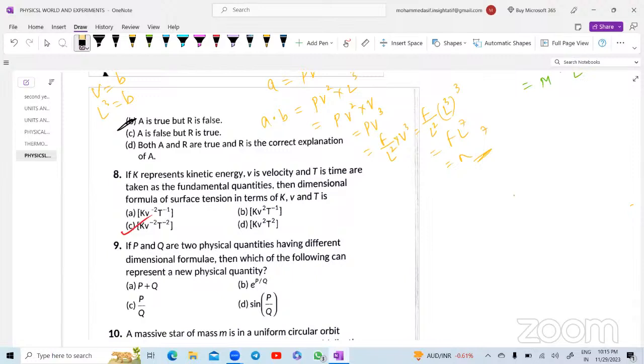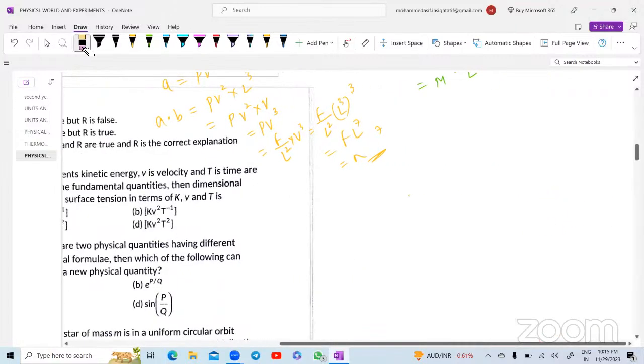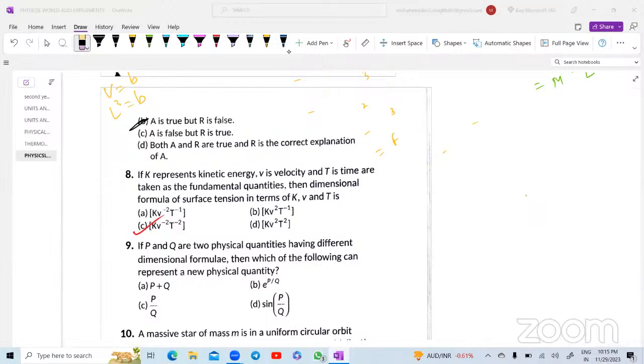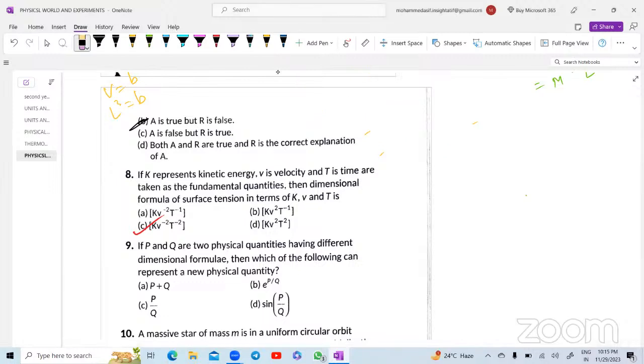If P and Q are two physical quantities having the different dimension formulae, then which of the following can represent a new physical quantity? Very good question. पहले क्वेश्चन को समझो अच्छी तरह से। शिल्पा सिंह is also giving the C। 8th वन का है ना आंसर वो तो। 9th वन का आंसर क्या आ रहा है देखिए, 9th वन का भी C आ रहा है क्या? अच्छा, 9th वन का भी C आ रहा है।